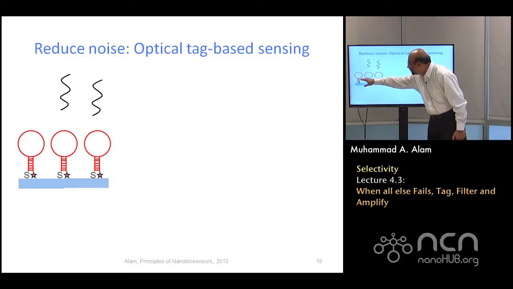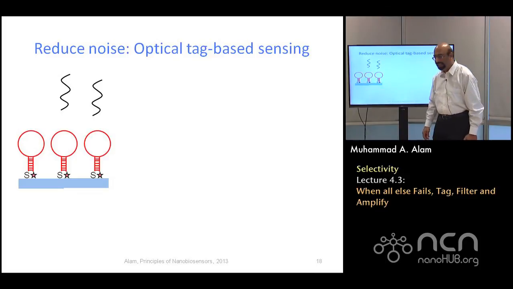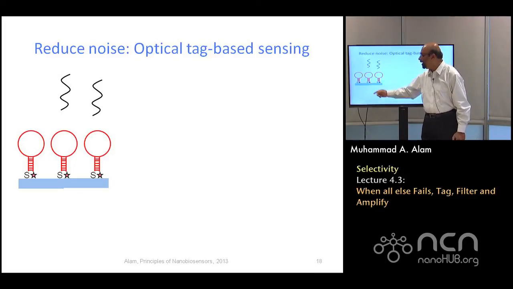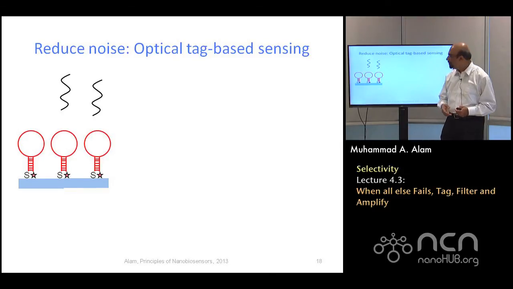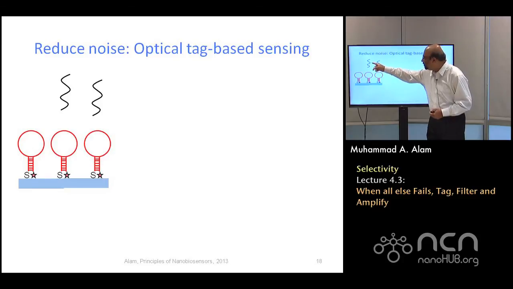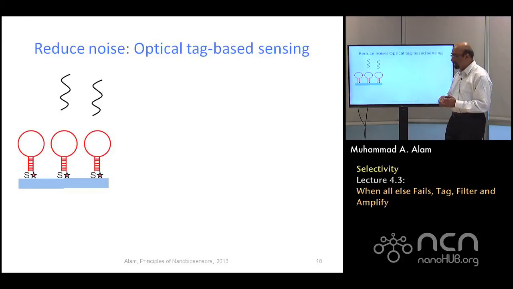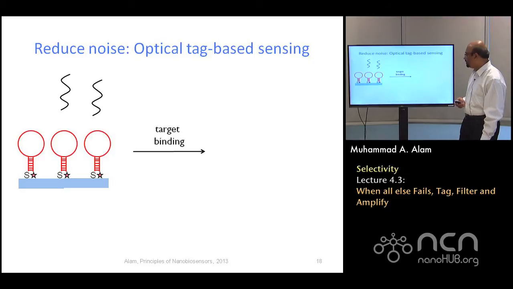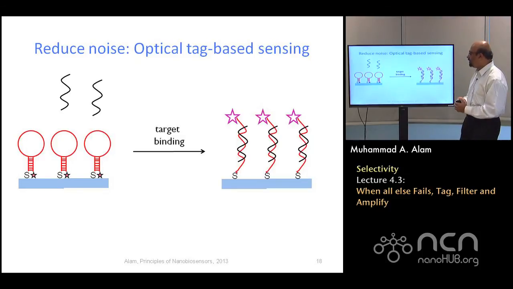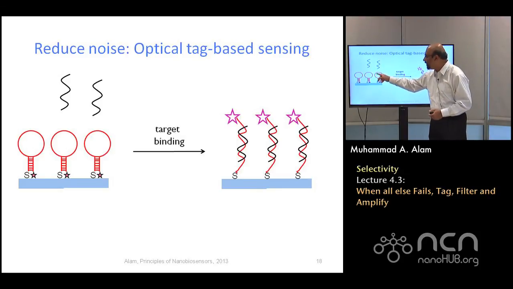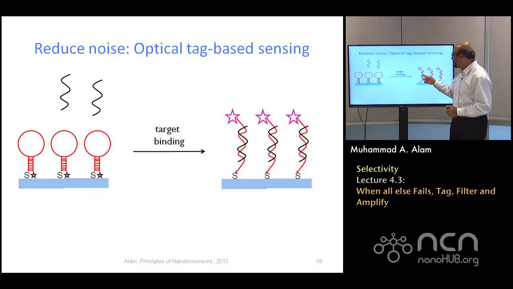For example, let's say on the left-hand side, we have a DNA. The DNA looks like a hairpin, and it's called a hairpin loop. And you have this little marker molecule, it's like a star. Initially, let's say the star is dark. When the biomolecule comes and attaches to this, the binding is relatively selective. Therefore, it essentially unhooks the hairpin loop, unbinds it, and then you can look at it through these tags.